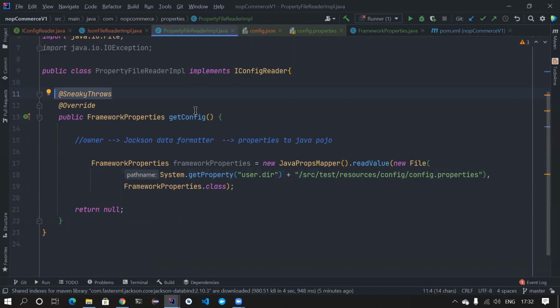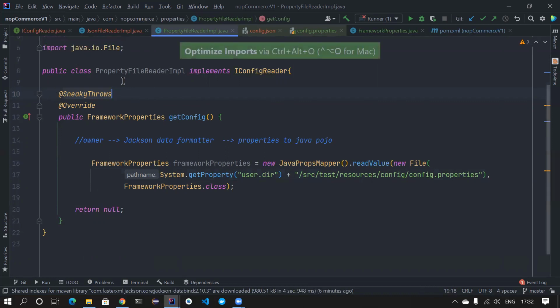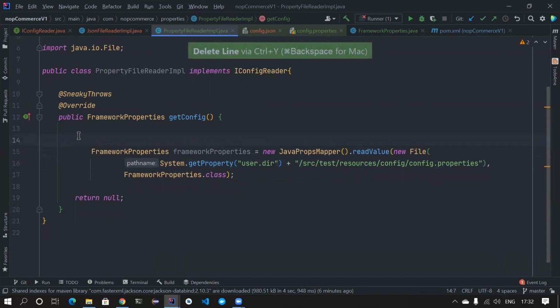Use sneaky throws. Again, what sneaky throws does is, the Java compiler is the one that is forcing us to do a try catch block, do this, do that. All these things are a problem with the Java compiler, but the JVM doesn't bother about all these things. So what this sneaky throws does is, it is basically cheating your Java compiler. You can say like that. Maybe we can cover that another day, but for now, we are sneakily throwing that exception, so I don't have to clutter my method signatures or add try catch blocks. Again, I don't need this because my code is already more readable.